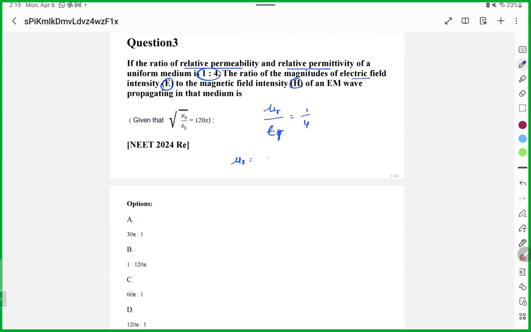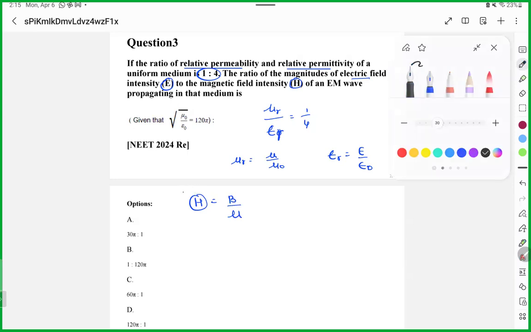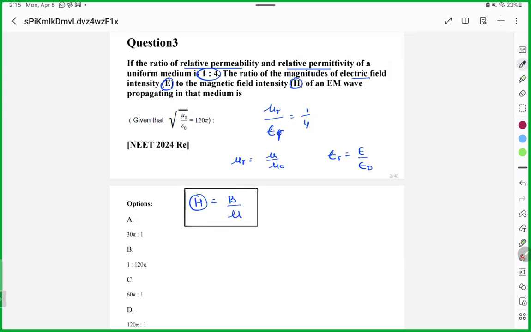Relative permittivity is like epsilon by epsilon naught, correct? And relative permeability is mu by mu naught. Okay. And next, magnetic field intensity H is equal to magnetic field divided by mu. This is an important formula from the previous chapter, magnetism and matter. Magnetic field intensity is magnetic field